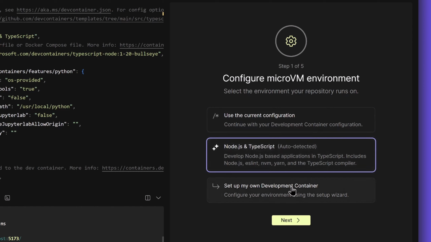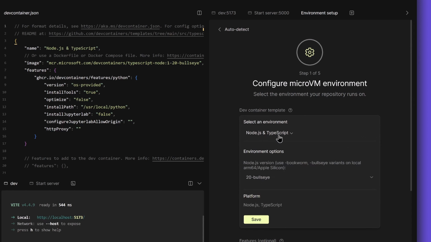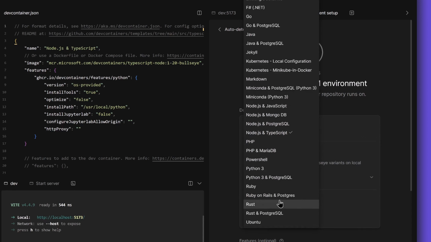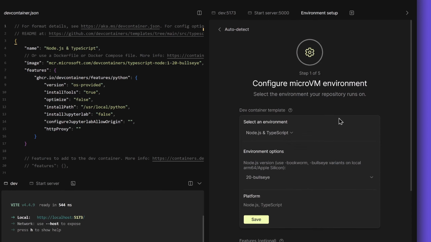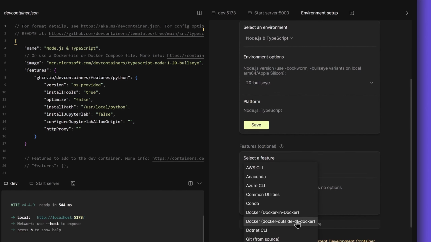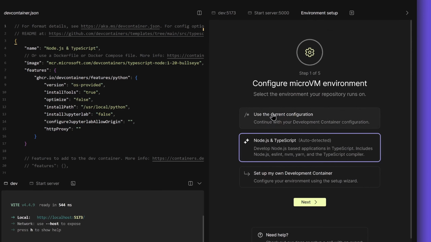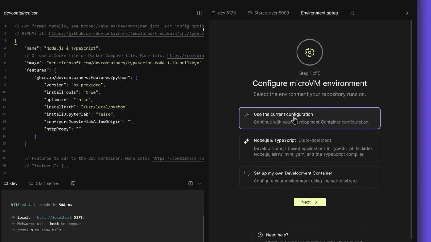But if you want to customize your environment further, or don't want to use what our detection suggests, you can also configure your own environment from scratch. This option provides a number of templates that you can use as a starting point, and prompts you to add any dev container features that you want in your environment, such as Docker and Docker. But today, we'll be going for a more streamlined setup, so we're going to use the current configuration and click